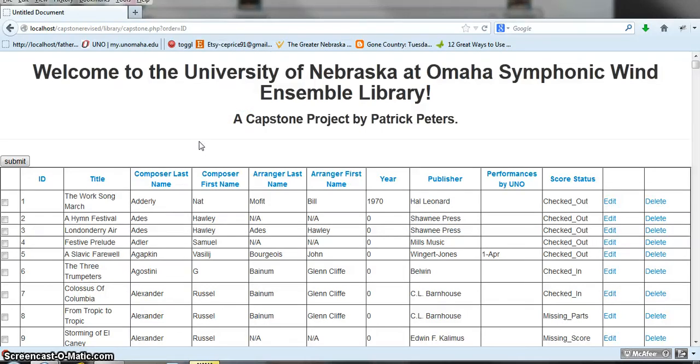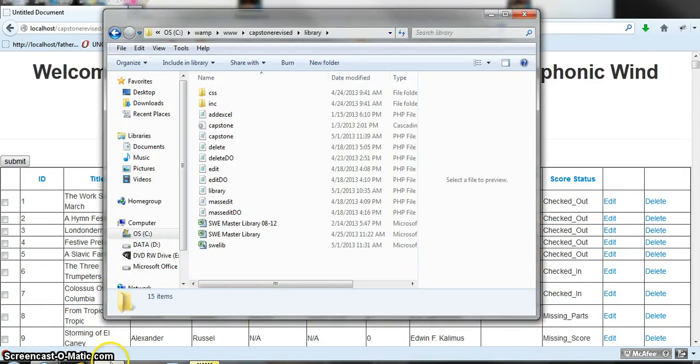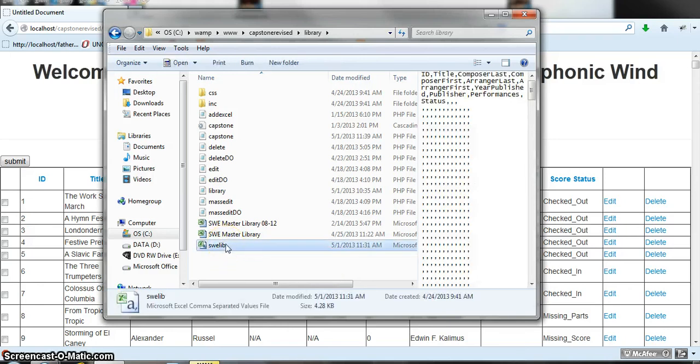So I also have a few extra kind of tidbits about this. One really nice function that I had is a lot of the times when they order some new pieces, what happens is they get an Excel sheet that gets sent that has basically this information, and they wanted to be able to add from that. So what I did was I made a CSV Excel document called SWELib that's within the folder of the whole website. And what they can do, I'll just double click on it right here,